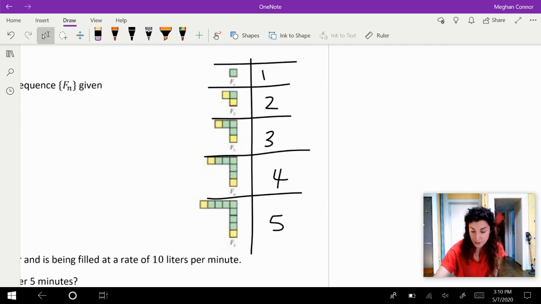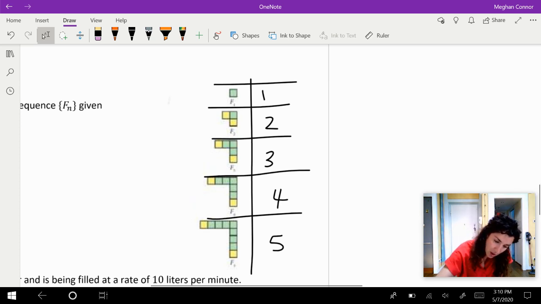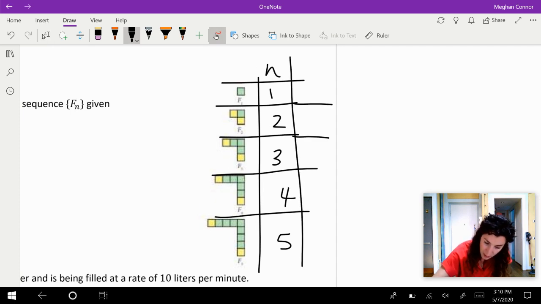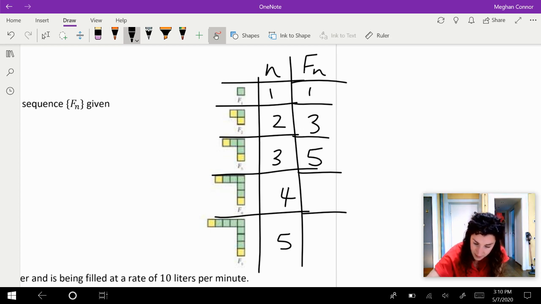So these are the first 5 terms. I could write them out as numbers. So I'm going to call this n, and then I'll make another part of this table, which is f sub n. So this is 1, 3, 5, 7, 9. And now what we're trying to do is we're trying to find the pattern between n and f